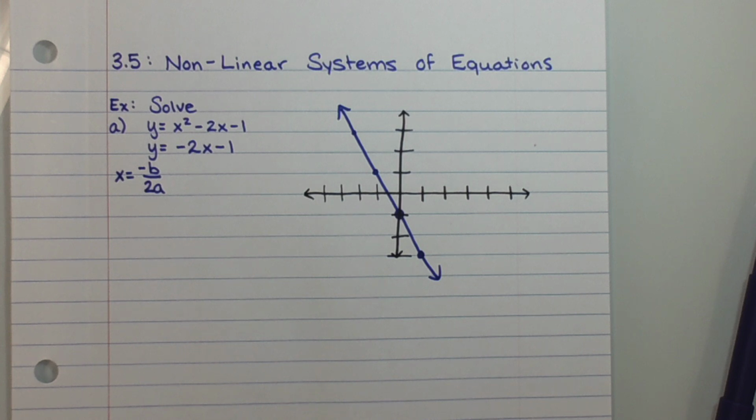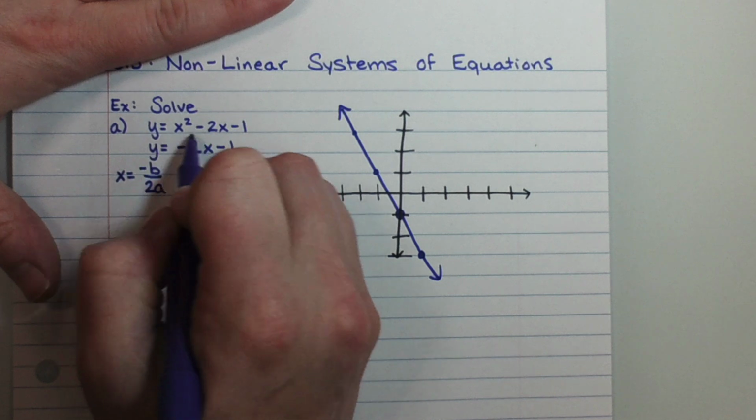This is what we did yesterday. This is the quadratic formula. Where does this equation come from? The negative b over 2a equation comes from the quadratic formula. That's where it's built from. So, anyway,